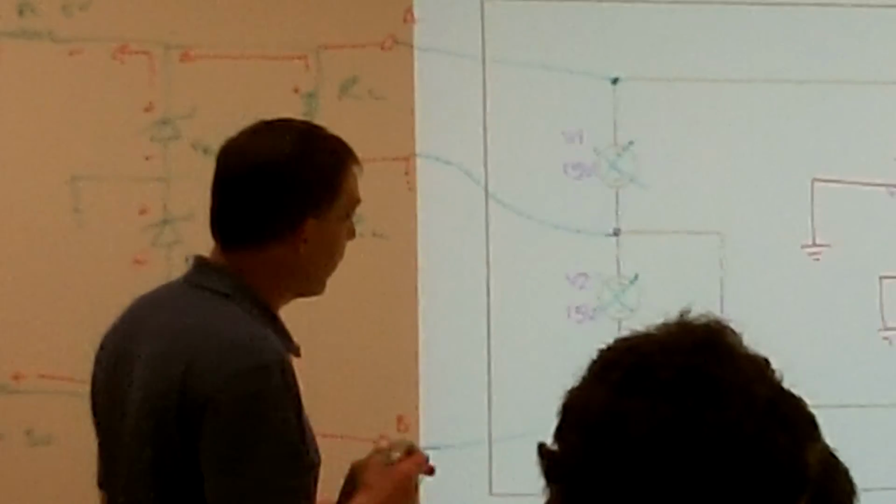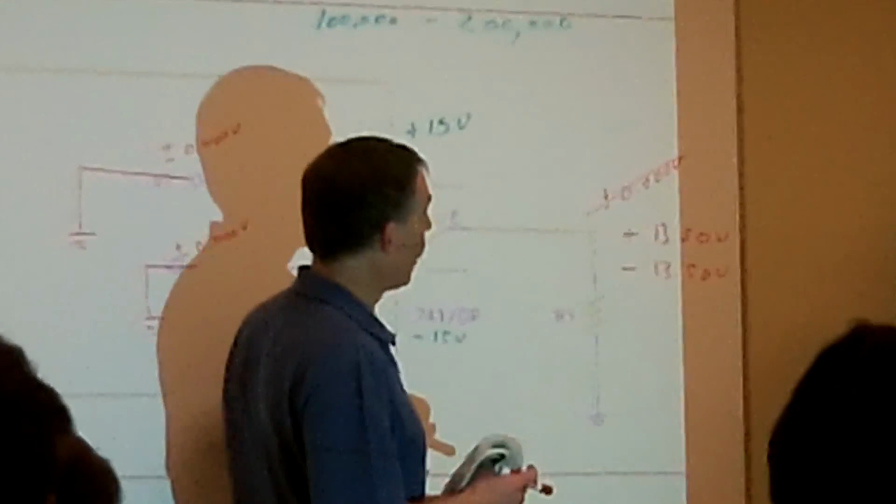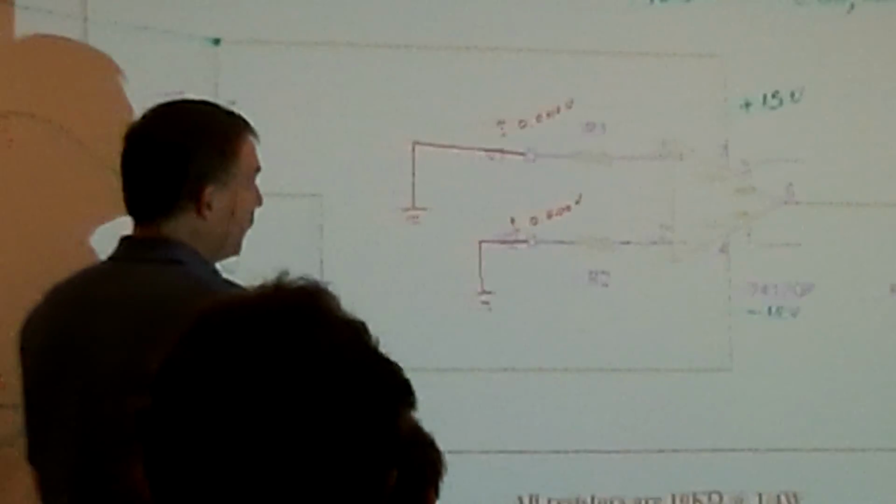Now, to make it predictable, so that we know what that output voltage is, what we need to do is have